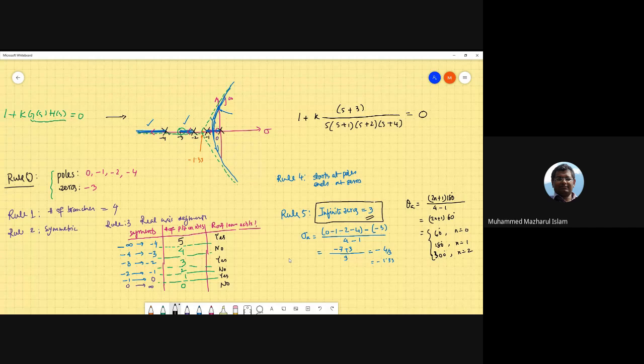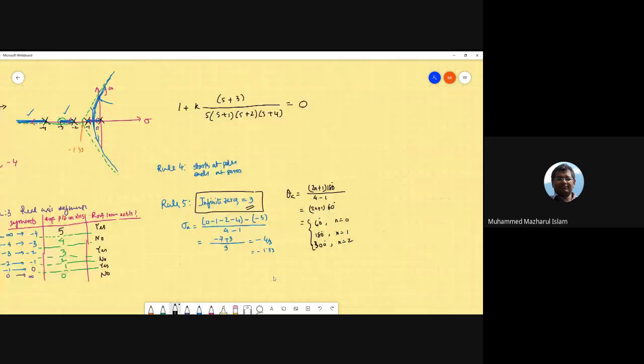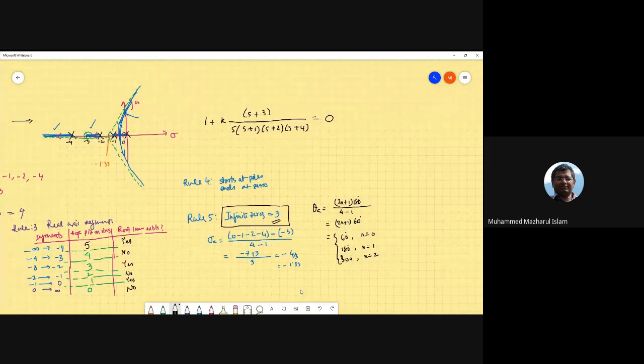Now, as I said in my last class, we need to learn 3 more rules, rules 6, 7, and 8, which will be